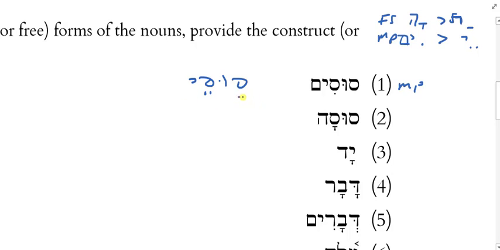Now, here's the next thing I have to ask. Are there any vowel changes that need to accompany my change of ending here? Because anytime I turn an absolute noun into the construct, it loses its stress. It surrenders its stress to thing two, which means this is no longer accented. So it's an open propertonic syllable, because when this becomes thing one and it's slapped up next to a thing two, my accent's somewhere over here. This is now open and propertonic. What would I normally do to open propertonic syllables?